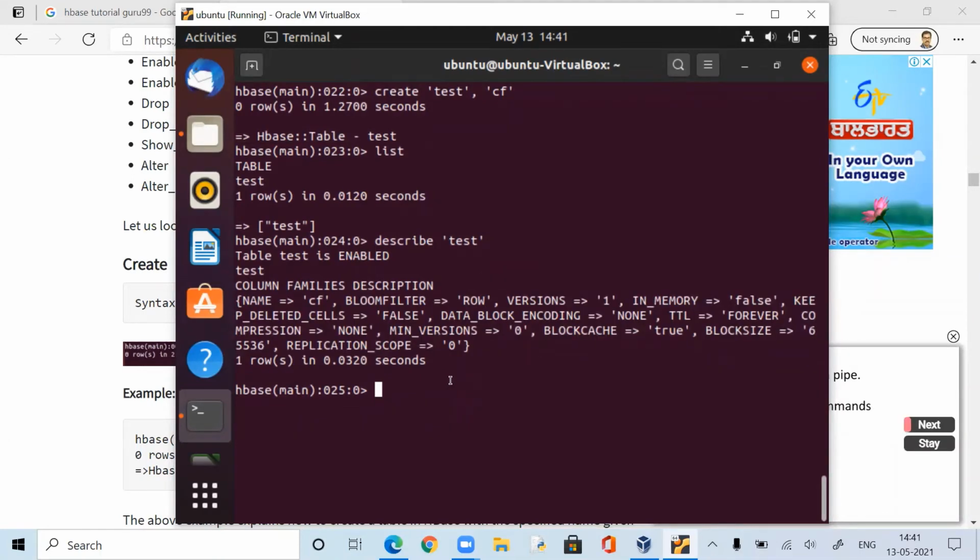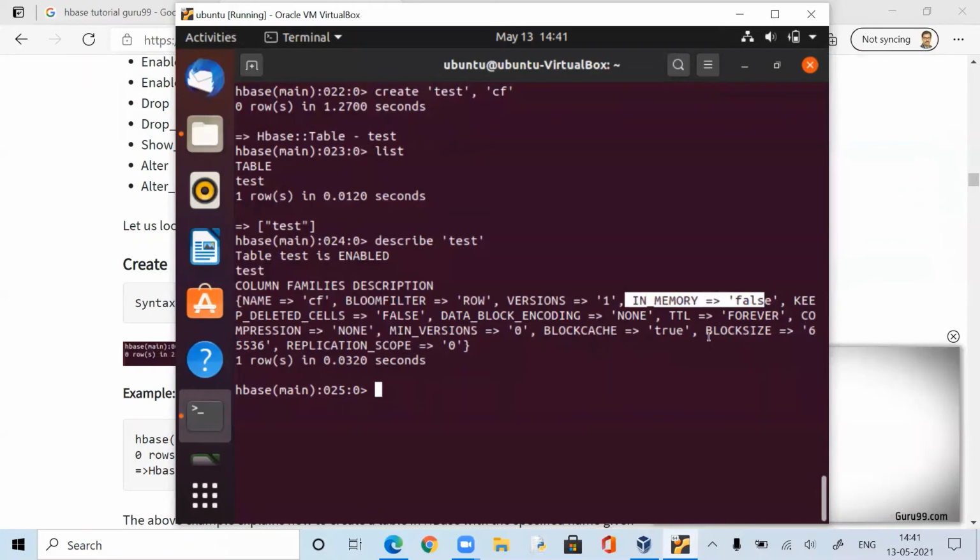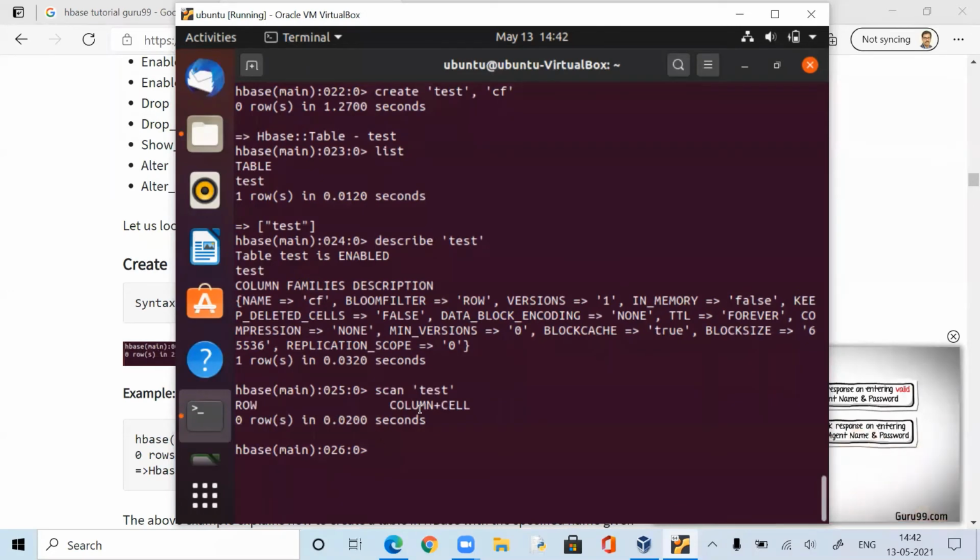There is cache true, block size, replication scope and so on, and some other attributes. In memory false, so it is not an in-memory table. It is being saved in HDFS. Now if I use scan test, I have nothing. You see, there is no row information and no columns in it.